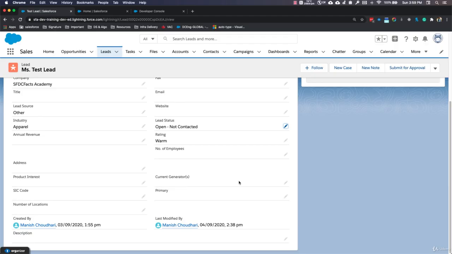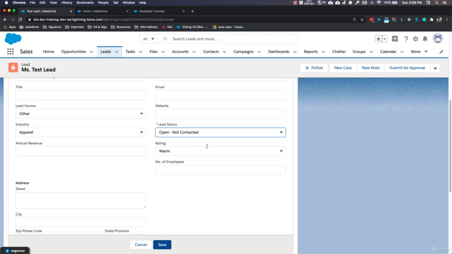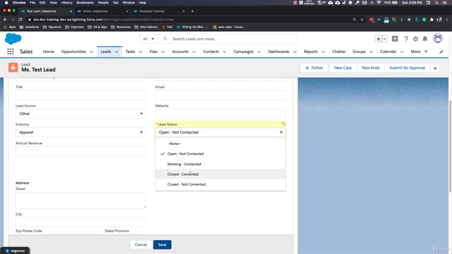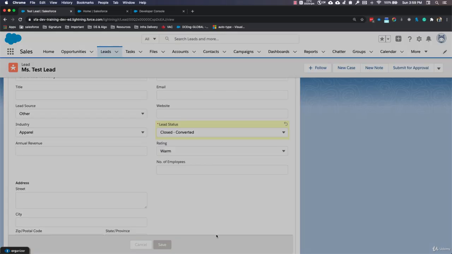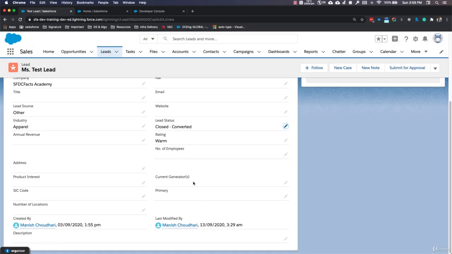Here is our lead record, and my requirement is you should not be able to close a lead record with either Closed Converted status or Closed Not Converted status unless that record is in Working status. So if the current status is Open, then we should not be able to close this lead directly. Right now you can see that we can close it, but we are going to implement this solution in our developer console, which is going to prevent the user from closing the lead record if it is not in